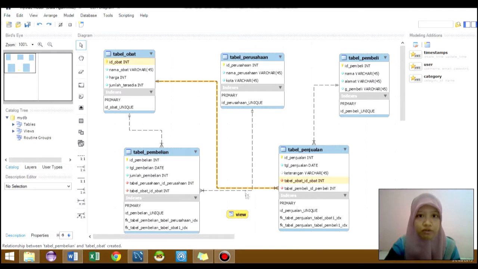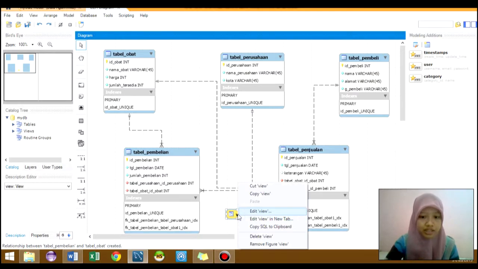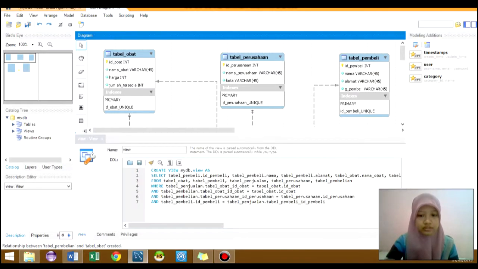To save our query in this database, we can create a view from our selection like this. I click here and then place it here. After that, we can edit it like this.